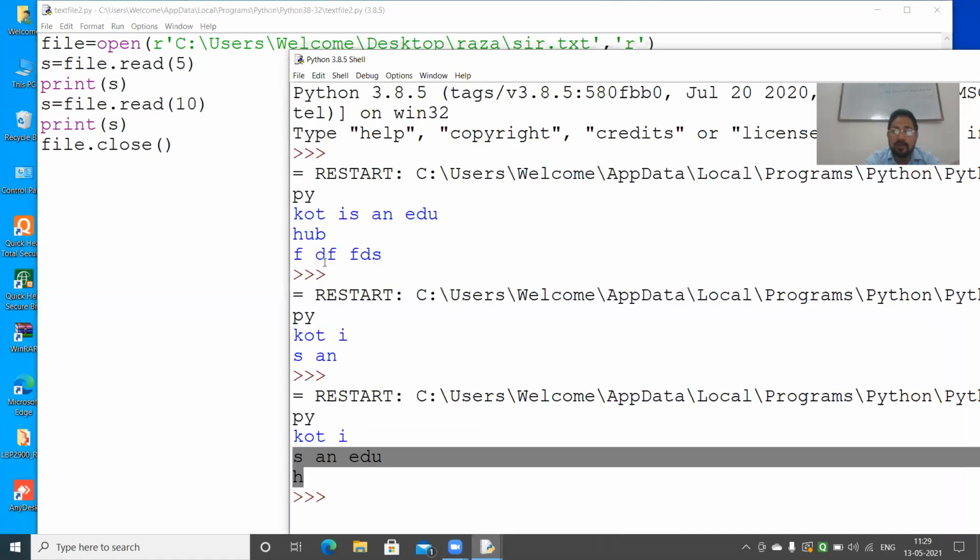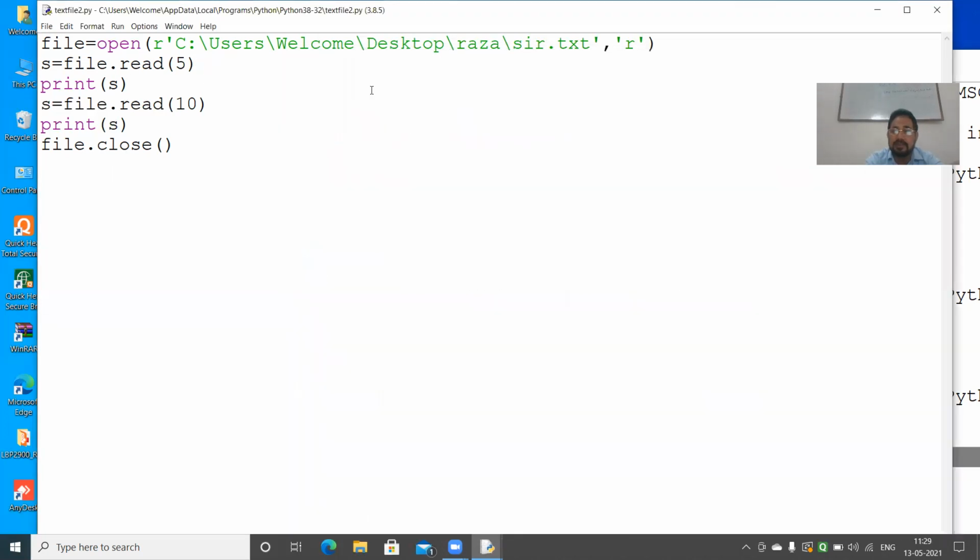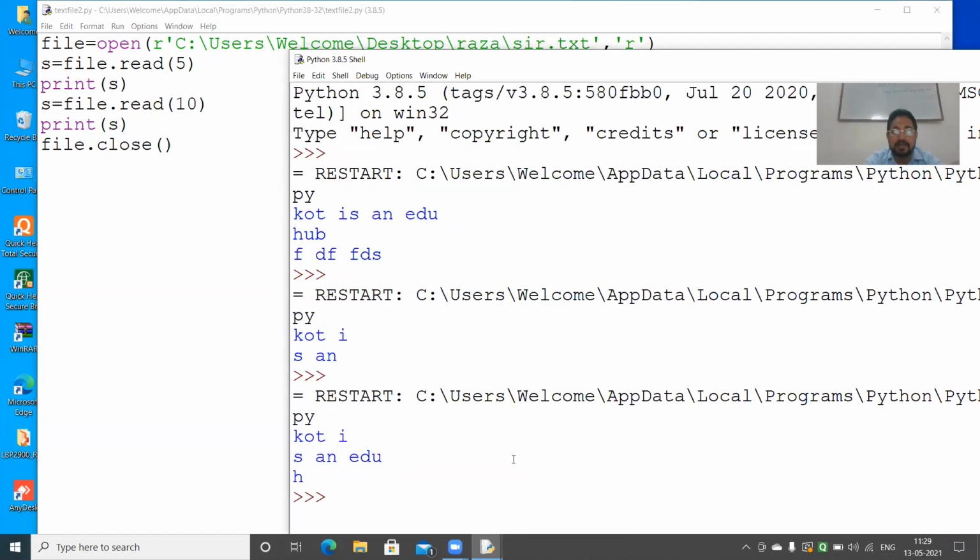But once you are giving 5, that means the first 5 characters are read. And once you are giving 10 more after that, that means after 5, 10 more characters are read and displayed.